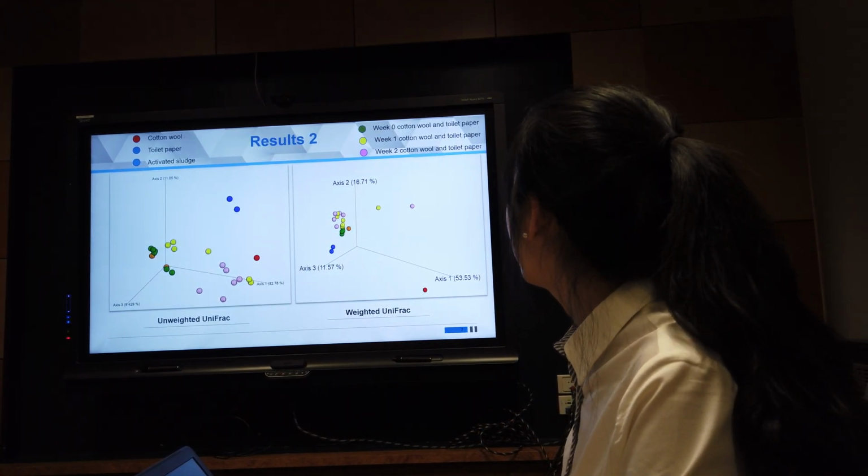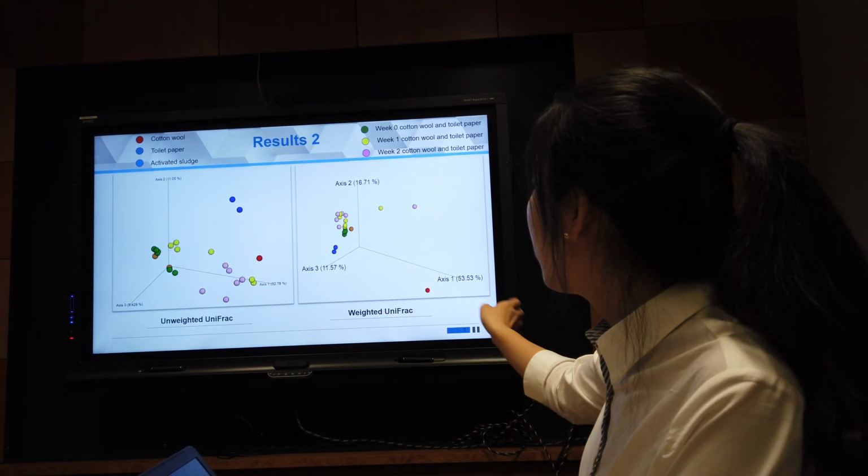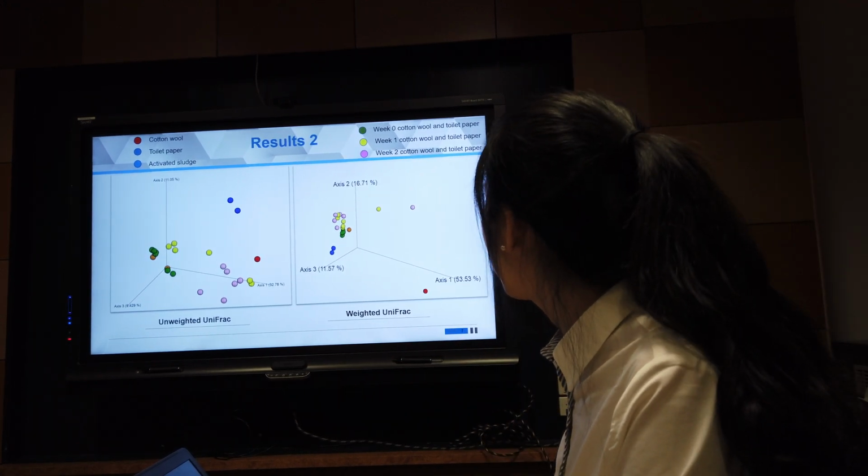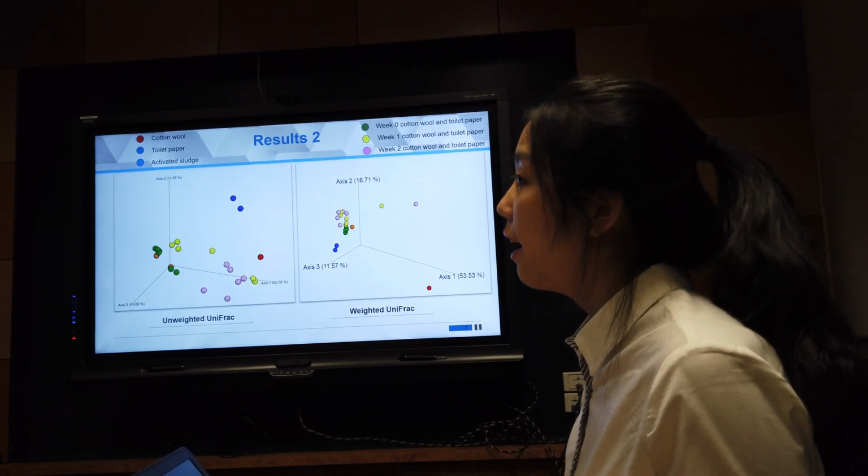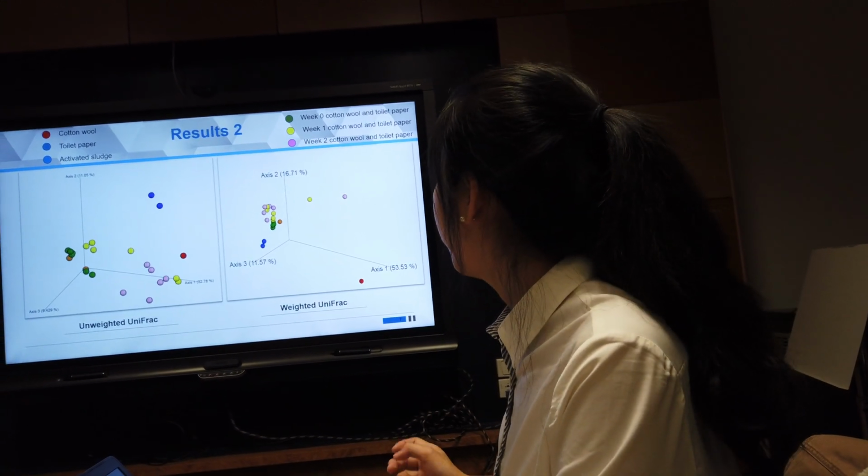And this is our second result. These two figures show the level of diversity of different